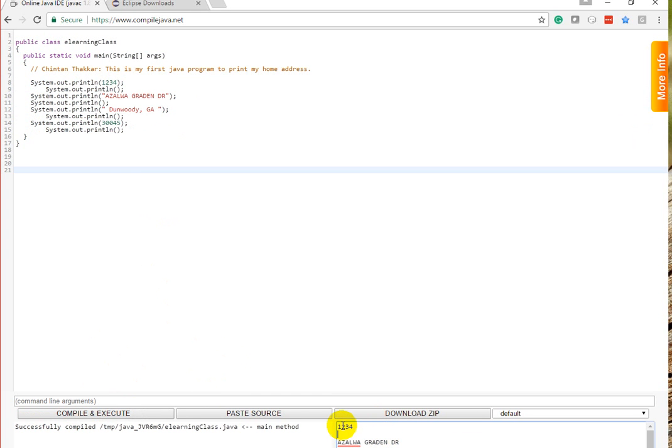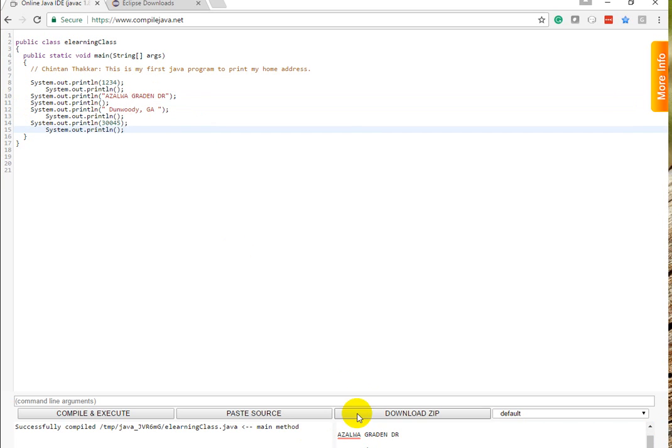As you can see, this is the first line, then you have a blank line because of this statement, and then you have this line, then again you have a blank row because of this statement, then you have this line, Dunwoody, Georgia, then you have a blank line, and then you have this particular output. Okay,